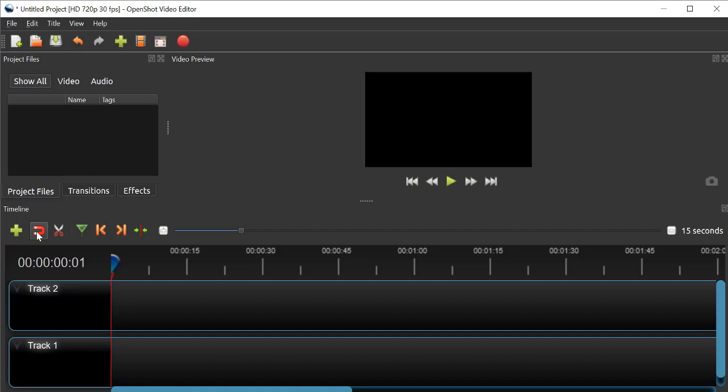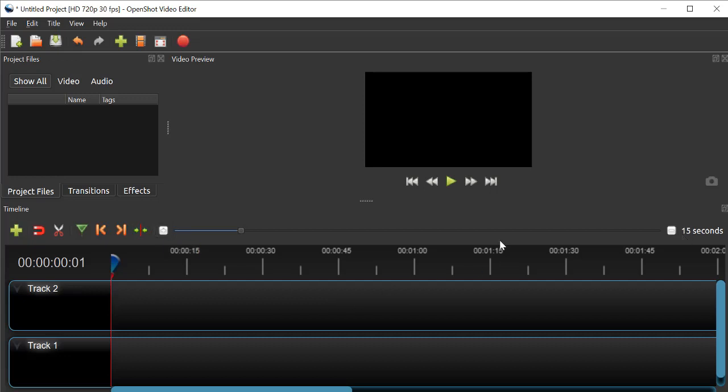I will show you when I import any video from outside, then I'll tell you how the snapping tool is used. Then this is the razor tool to split the video, and this is the marker tool, so how to add a marker to a video. Then this is the previous marker option, when we use a number of markers, then you can go to previous markers or an earlier marker. So all these things.